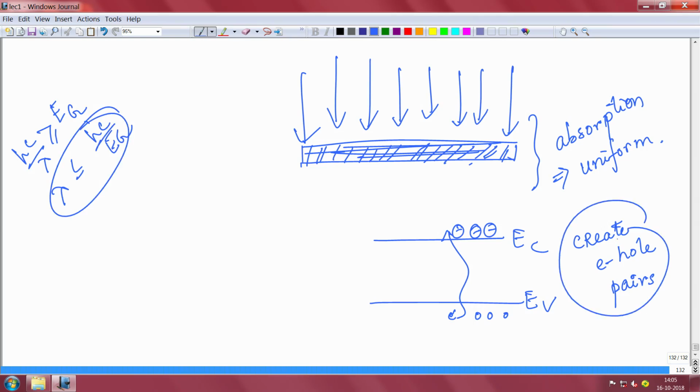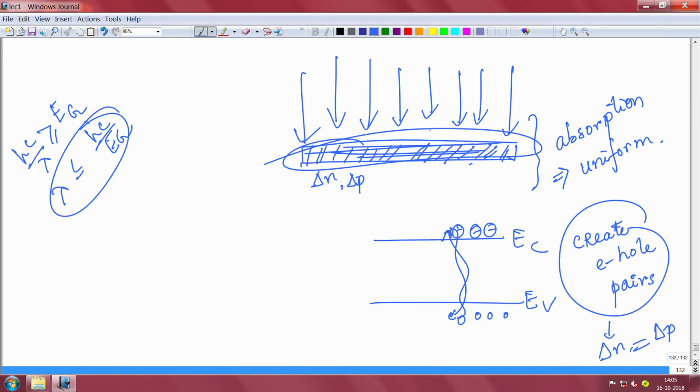When you say electron hole pair, this actually means delta n and delta p. You are creating an extra electron and an extra hole, and the excess electron concentration is always equal to the excess hole concentration, because for each electron you get a hole. So when you absorb uniformly here, there will be no diffusion, because the excess carrier concentration delta n, delta p is the same everywhere. Then you can solve the continuity equation to find out how it decays with time, for example.